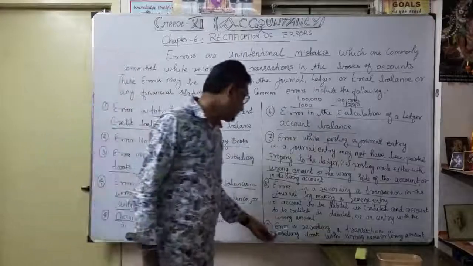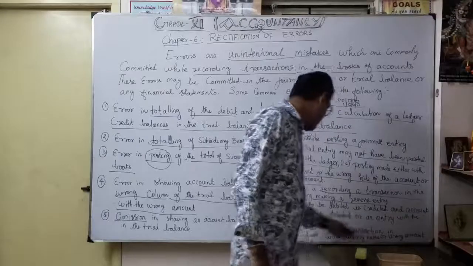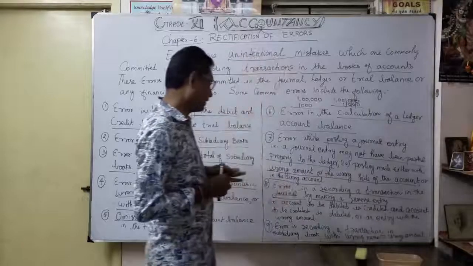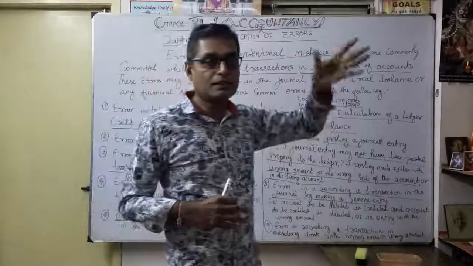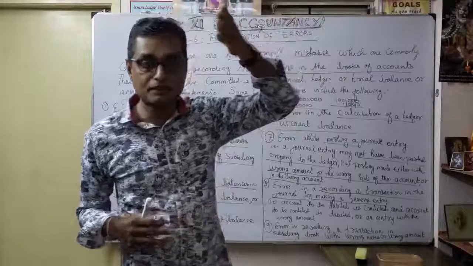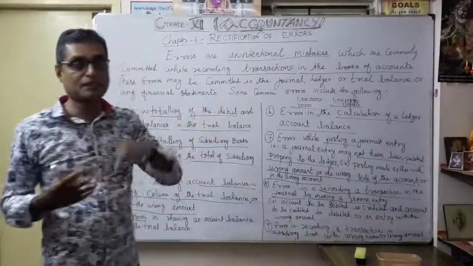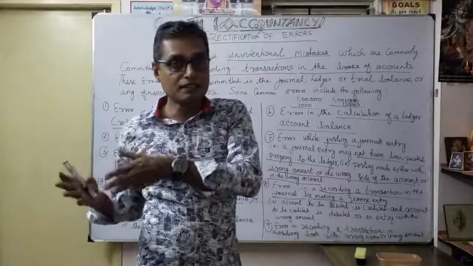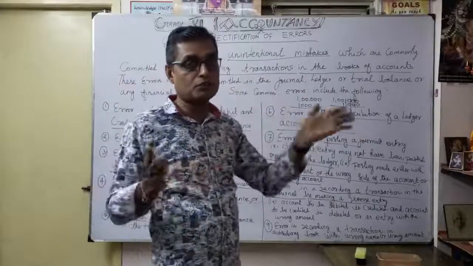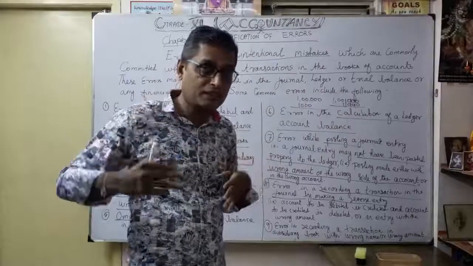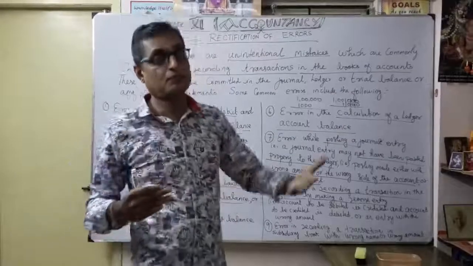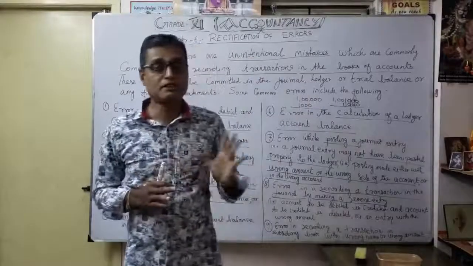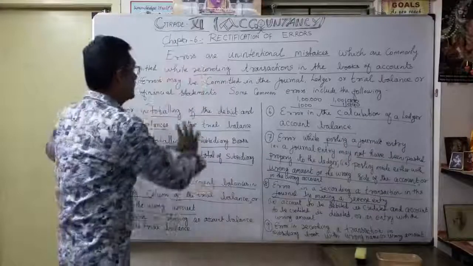That's what they said: error in recording the transaction in the subsidiary book with the wrong name or wrong amount. In the subsidiary book itself, instead of the purchases book, we wrote in the purchase return book. Wrongly written in purchase return. Similarly, we have to write in sales, but we wrote in the sales return book. Or in sales return, we wrongly wrote in the sales book. Understood? That's recording a transaction in the subsidiary book itself. Some possibility of error, maybe the wrong name or wrong amount. Now understood? So these are the 9 possibilities of error overall.